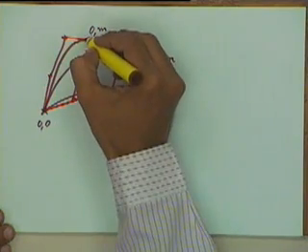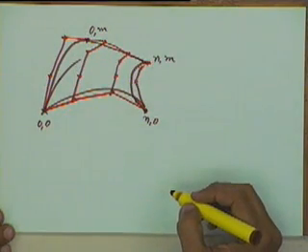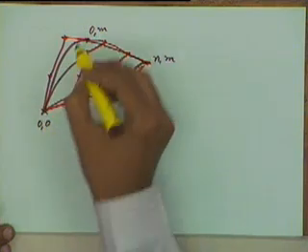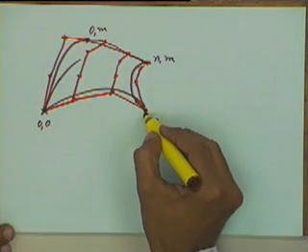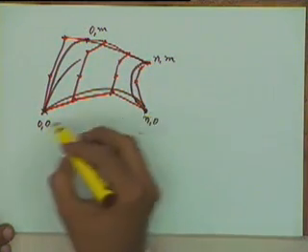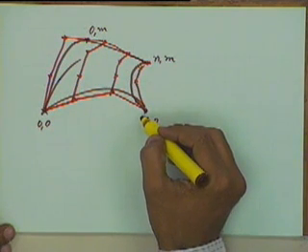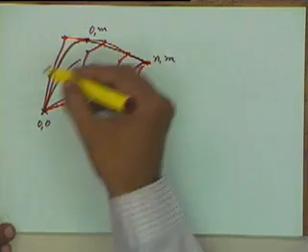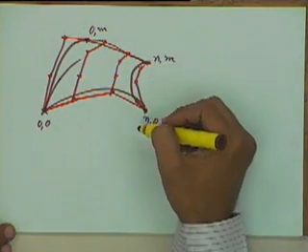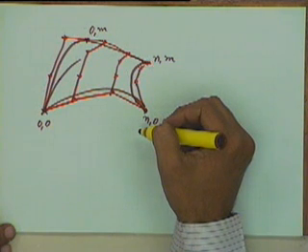Okay, this is the corner point I have taken over here. This surface will pass through these 4 corner points, but it will not pass through any of the other control points, just like we had in the case of Bezier curves, because this surface is an approximating surface and not an interpolating surface.